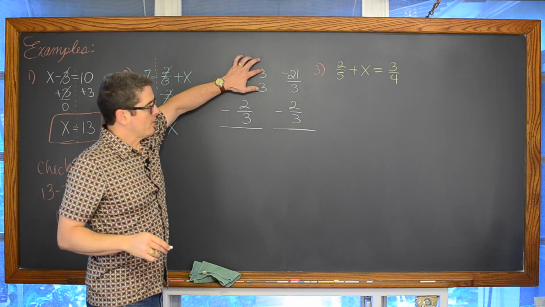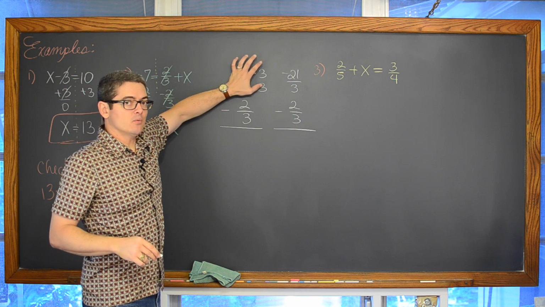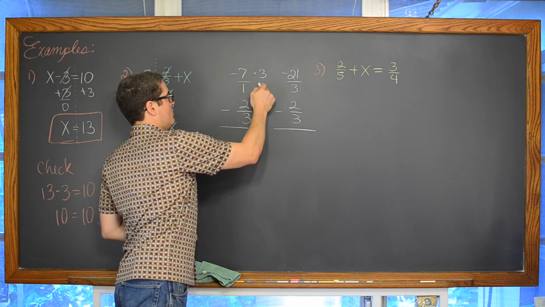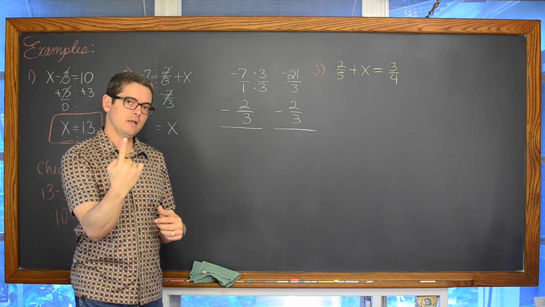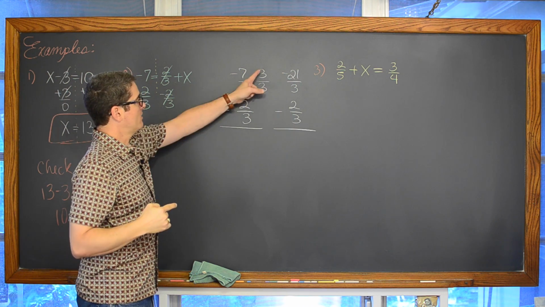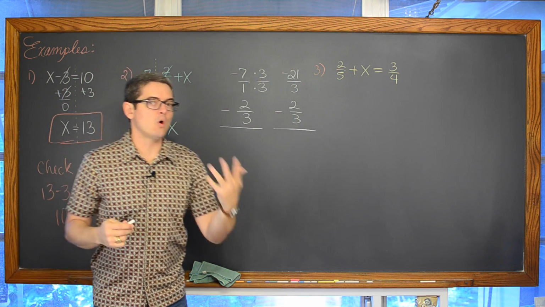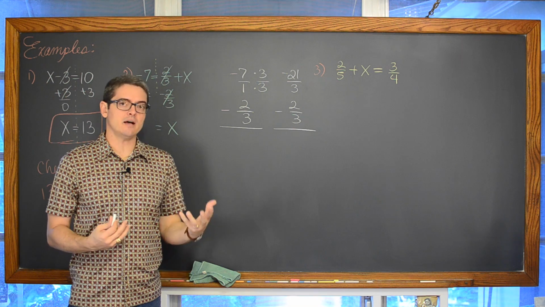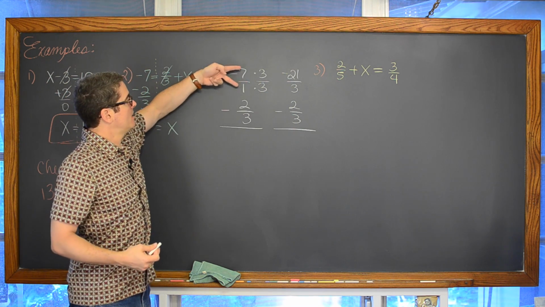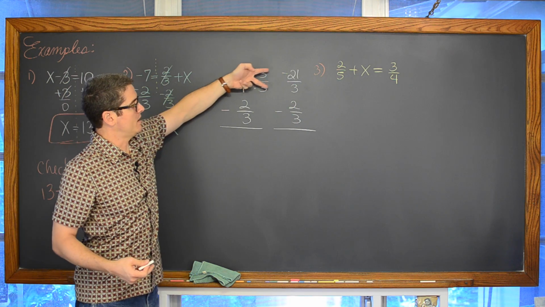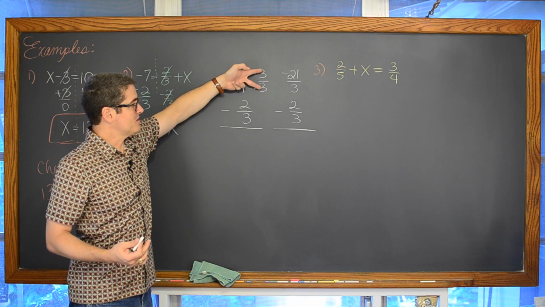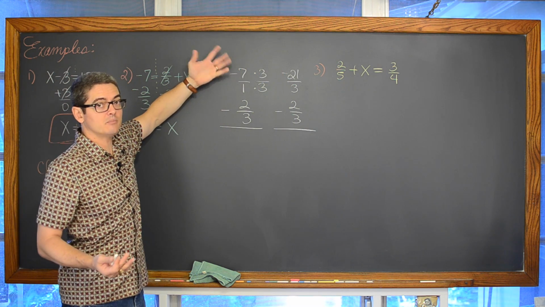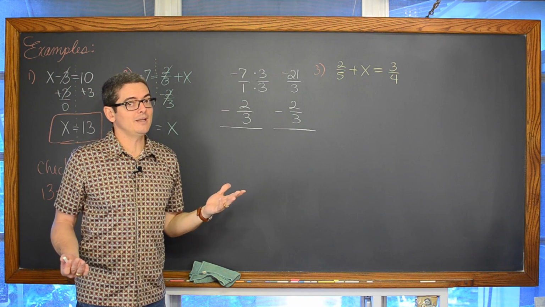Now, why are we multiplying the numerator and denominator by the same value of 3? That fraction looks completely different, but 3 over 3, anything divided by itself, is equal to 1. So when I multiply by 1, like 5 times 1 is just 5, multiplying by 1 is the multiplicative identity. It doesn't change the value of what you're multiplying it to. So I'm doing negative 7 over 1 and multiplying it by 1, and I'm getting something that looks different, but I still just multiplied it by 1. So this has the same value.